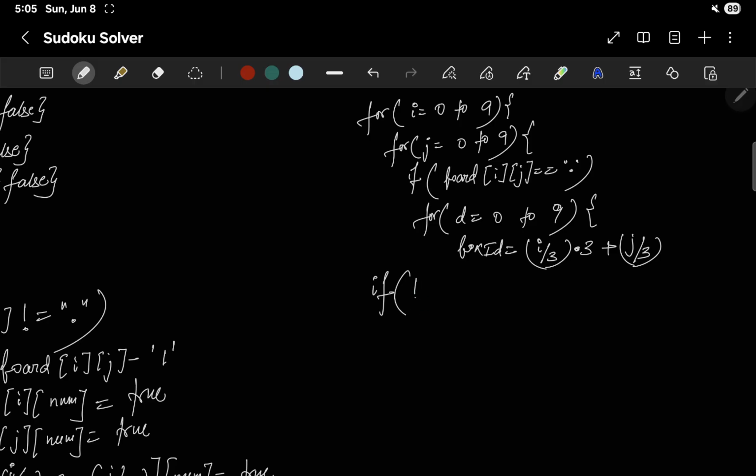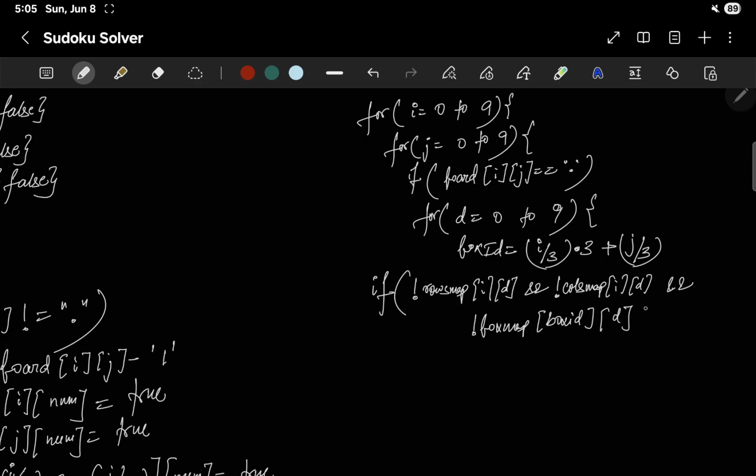So if rows map of i and d, it means if that number is already present in that row. If it is false, it means it is not already present in that row. And we'll also check cols map of i and d, and we'll also check box map of box ID and d. So if we are sure that that number is not present in that row, that column, that box,